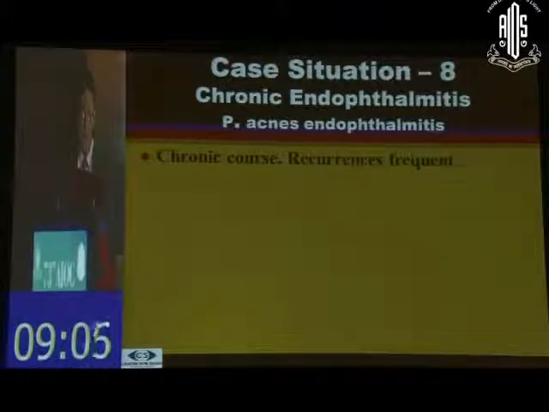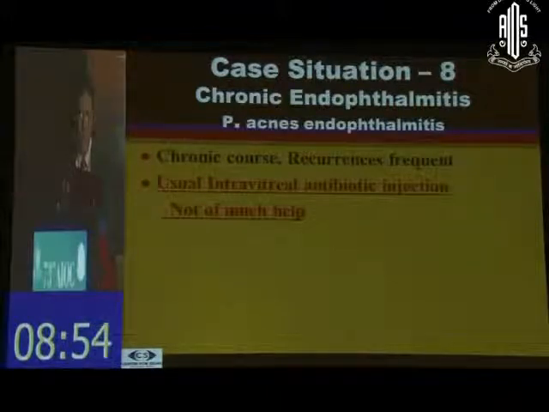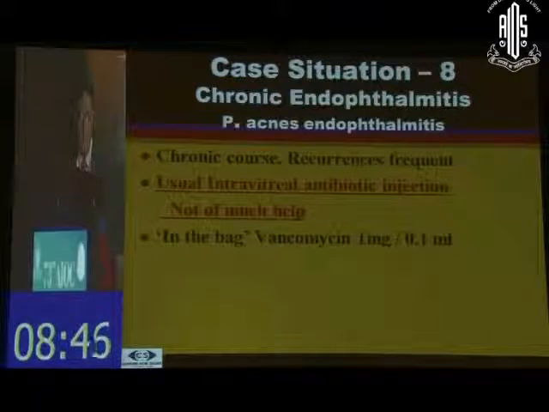The other situation is where the patient is being treated with steroids and cycloplegics. The patient improves for some time, again comes back, again improves, again comes back. In such chronic recurrent courses, we normally start thinking of some fastidious organism which is lurking somewhere in the eye and giving rise to bouts of infection again and again. Generally we suspect P. acnes. And in such a situation, the usual injection inside the vitreous cavity may not help.